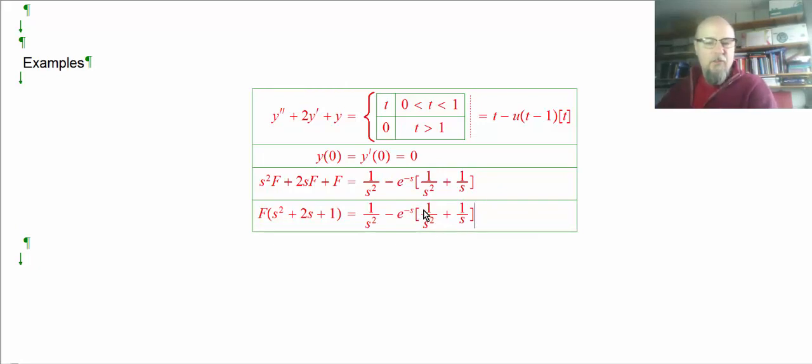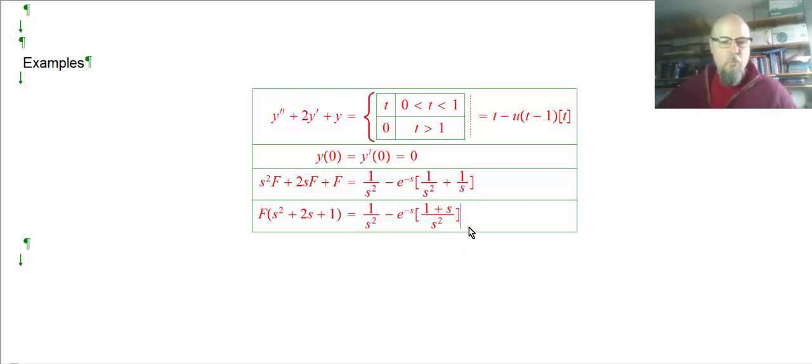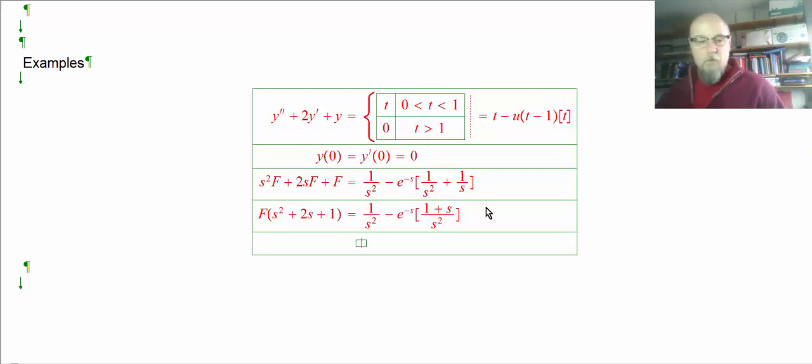Let's put these fractions together here. So the common denominator is s squared, so this will be 1 plus s on the top. So I've just found the common denominator and put those fractions together. Now, note to self, this s squared plus 2s plus 1 factors into s plus 1 all squared. So when I solve for f,